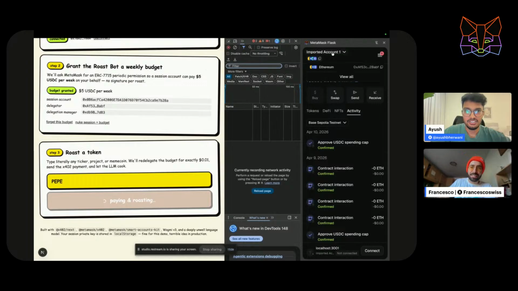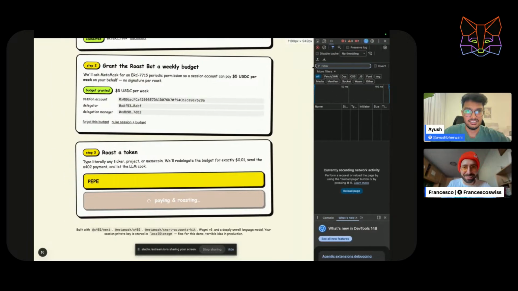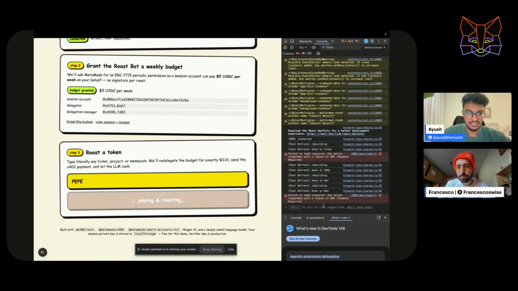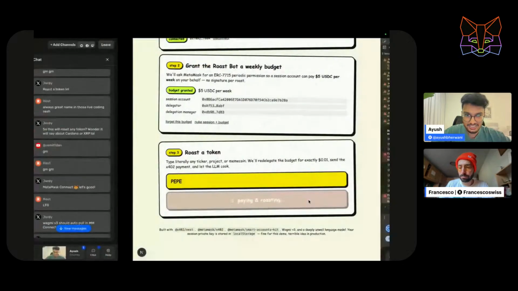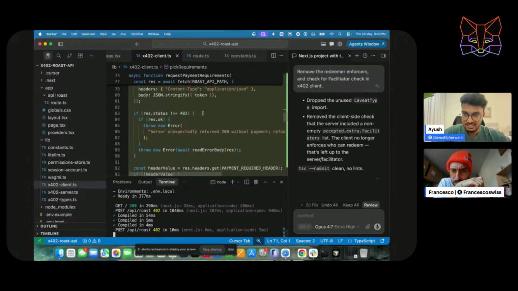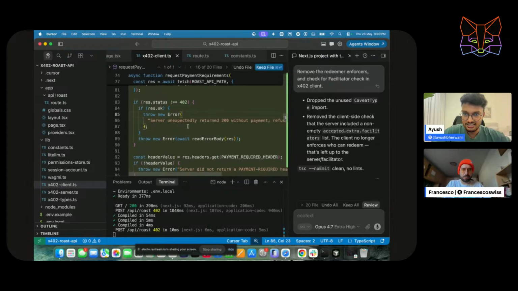This is like an action movie. Some error, but what is that? API returned 401 in 10 milliseconds. Yeah, it's correct, right? It's correct.